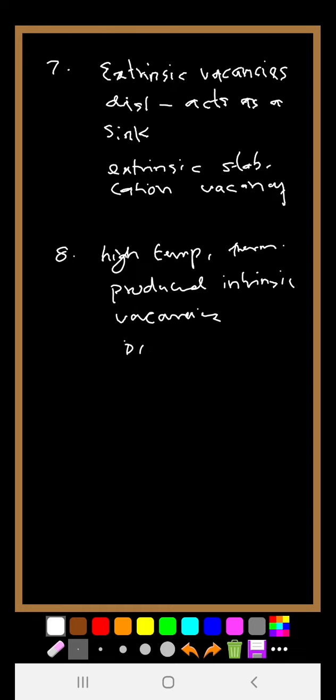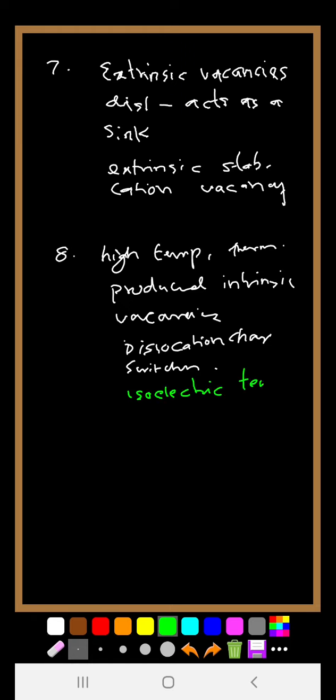So this is a dislocation, the charge switches, and it switches at a temperature called the isoelectric temperature. The ninth postulate is that the isoelectric temperature is associated with anomalous behavior of local minima in flow stress